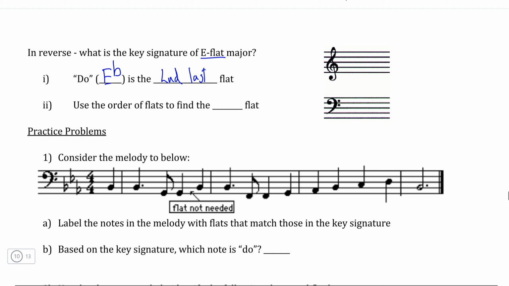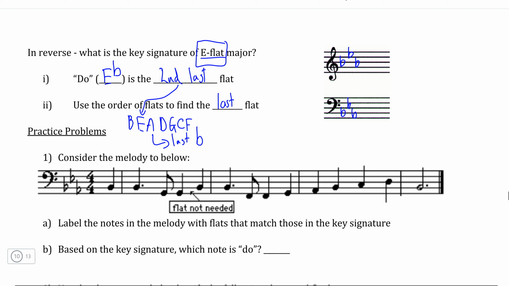And then if we use the order of flats, Battle Ends And Down Goes Charles' Father, if we know that E flat is the second last flat, therefore we know that A flat must be the last flat in the key signature, and therefore the key signature of E flat major, or the E flat major scale, will have B flat, E flat, and A flat, or if we write them in the bass clef, B flat, E flat, and A flat like this,